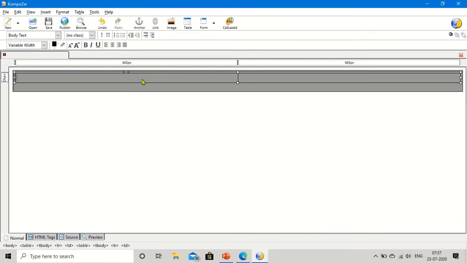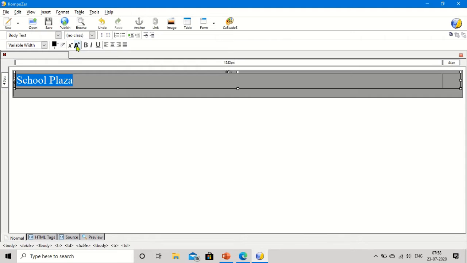Click to the first cell and here you write School Plaza. Make it bigger, select it and click on this larger font size option and put in the center.